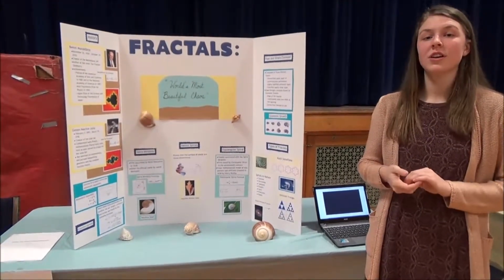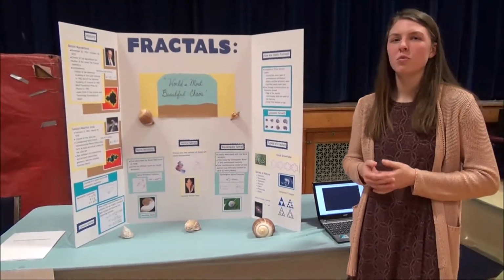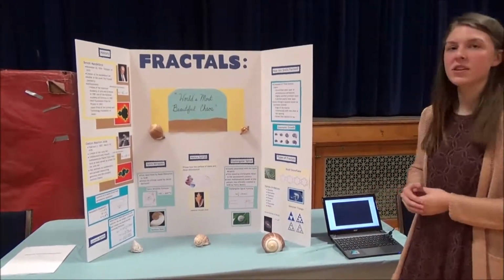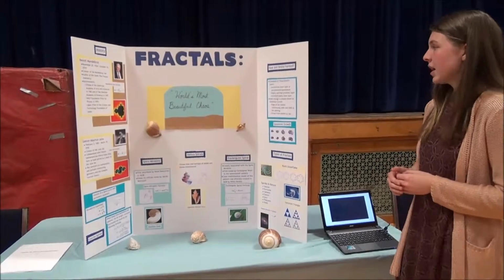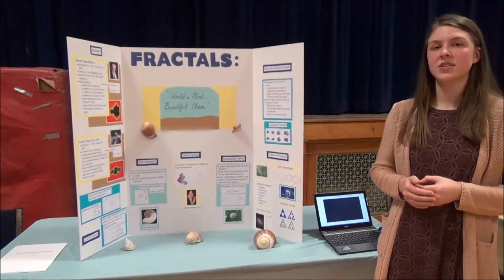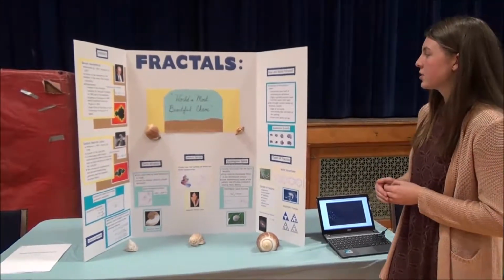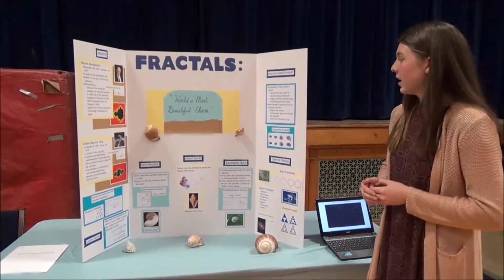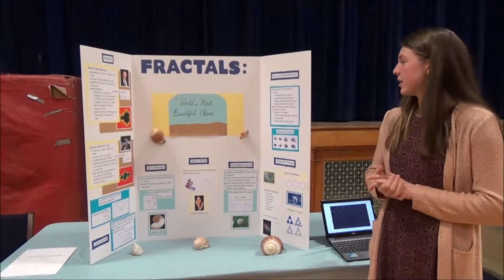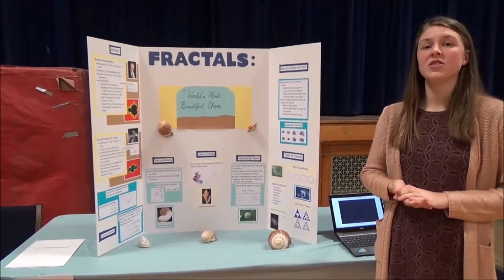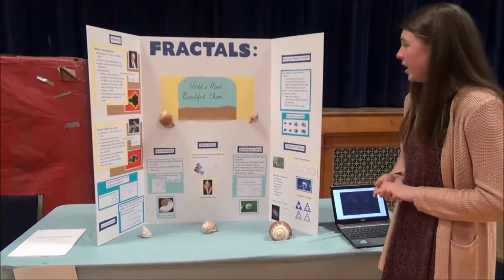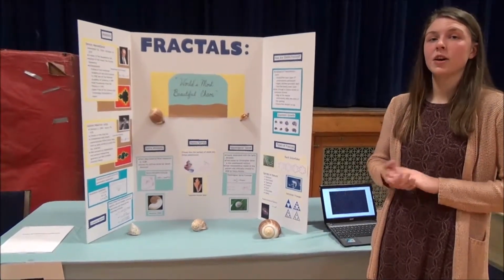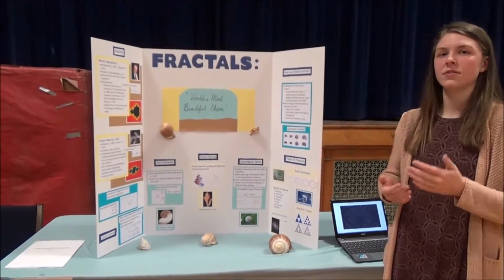Now that you know that a shell is a fractal, we must ask ourselves, what allows a shell to be a fractal? We have to consider its growth process and what it consists of. A shell is composed of 3 distinct layers, one being an uncalcified layer of proteinaceous periostracum, followed by a middle layer that is known as the prismatic layer, which is highly calcified. And it is then followed by a calcified pearly inner layer. When I say calcified, that means the hardness of the shell.